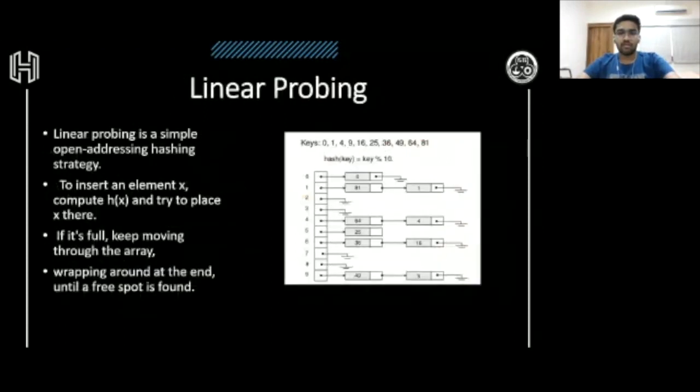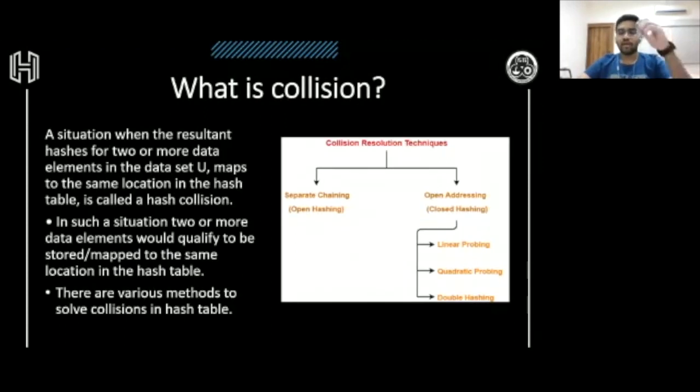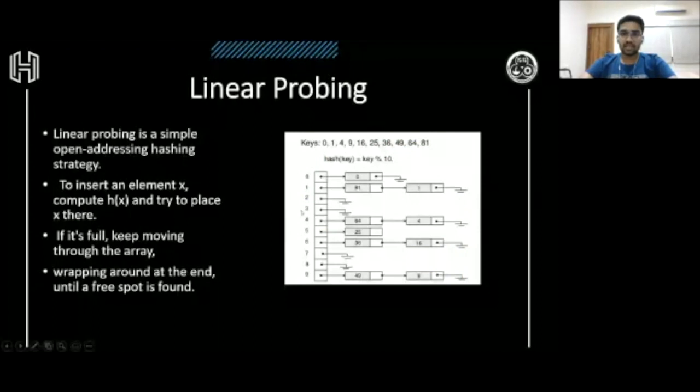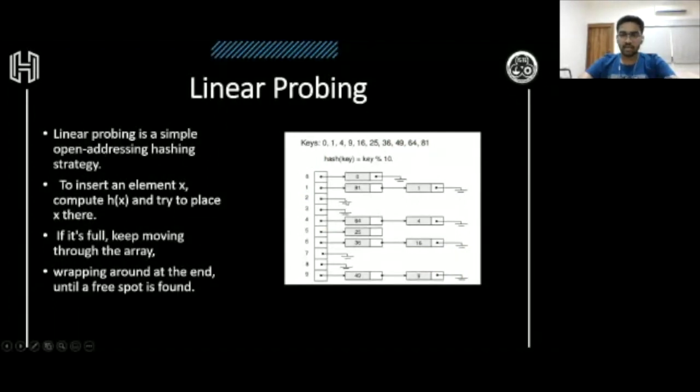So for example, I'll take the example of this. Just see this image. Do not go anywhere in these words, otherwise you'll get confused. So at hash zero, I'll take one as an example. Firstly, if we go from right to left, we first try to input 81, and when we divide it by 10, our remainder is 1. So at the first location, we have 81 stored.